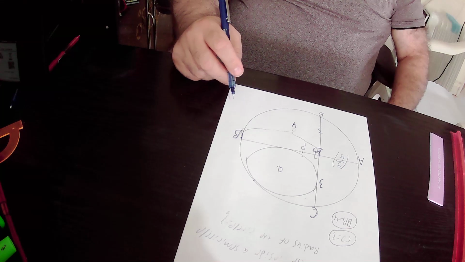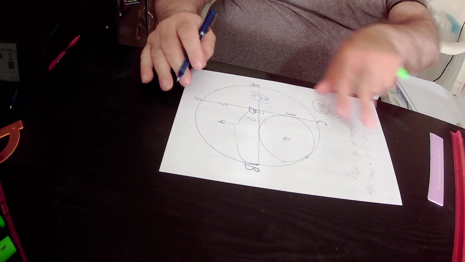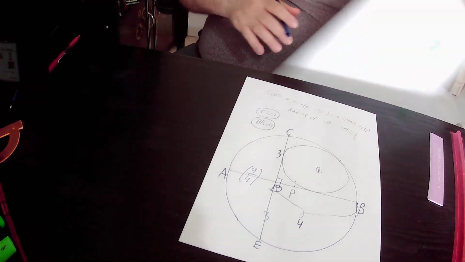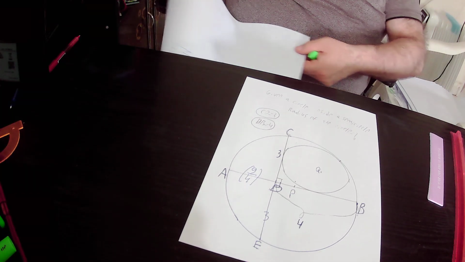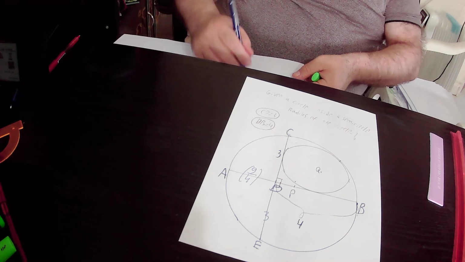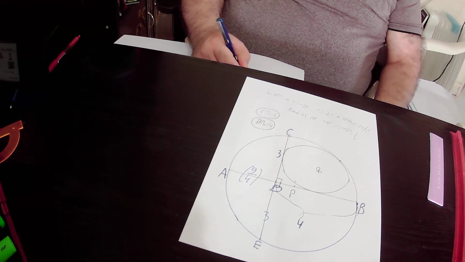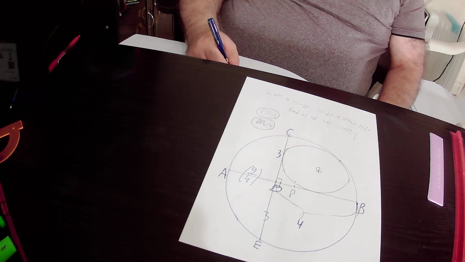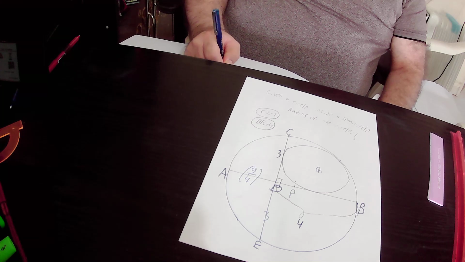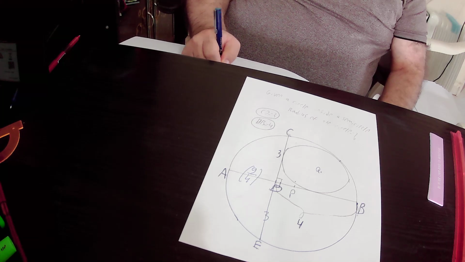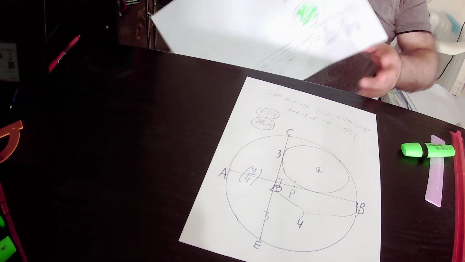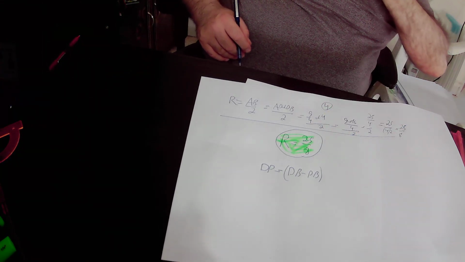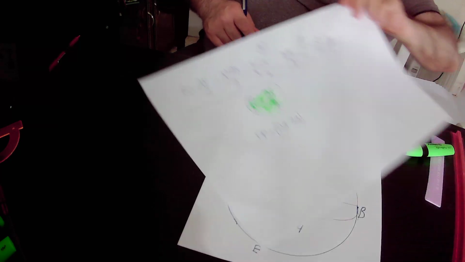So what is the length of the short line segment DP? From the drawing, it is very easy to see that the length of line segment DP is equal to DB minus PB. I repeat again, the length of the short line segment DP equals DB minus PB. It is very easy to see it from the drawing. So DP